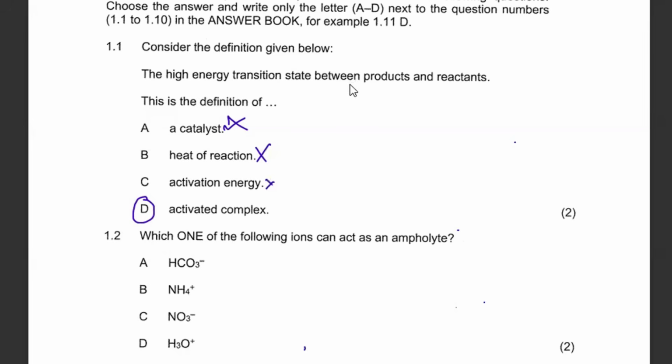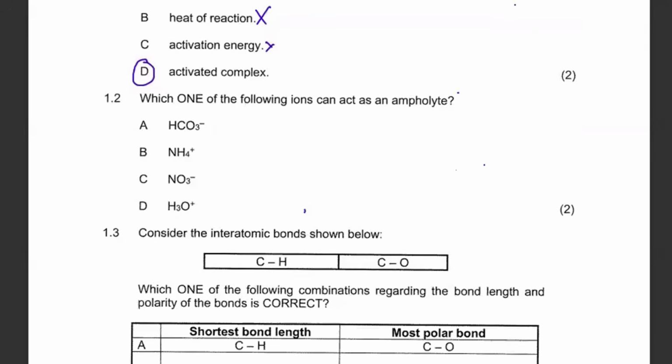Then we move on to question 2, which reads: which one of the following ions can act as an ampholyte? So we're looking for an ion which can act as an ampholyte. The first option that we have is HCO3 negative, right? So what is an ampholyte? An ampholyte is a substance that can act as either a base or an acid. So the one that can act as a base or an acid is going to be option A,